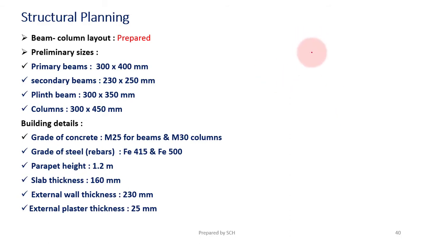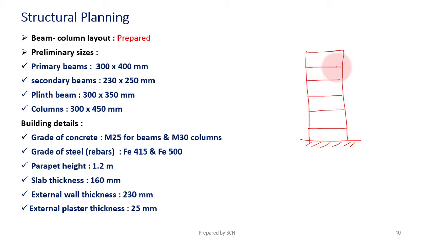So now let us understand the nomenclature of ETABS. So we have a G plus 4 building. So let us draw a 2D frame. Let us say this is your foundation level, and this is my bottom story, and this is my ground floor. Then first, second, third, and fourth. This is my G plus 4 building. So total we will be having 1, 2, 3, 4, 5, and 6 stories.